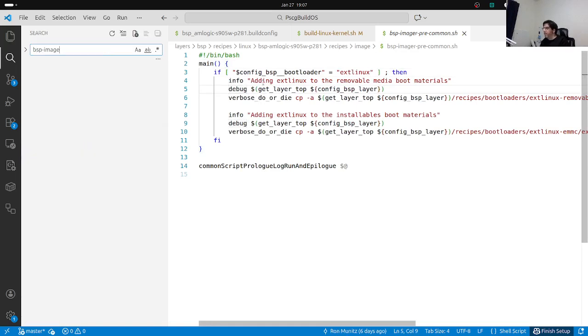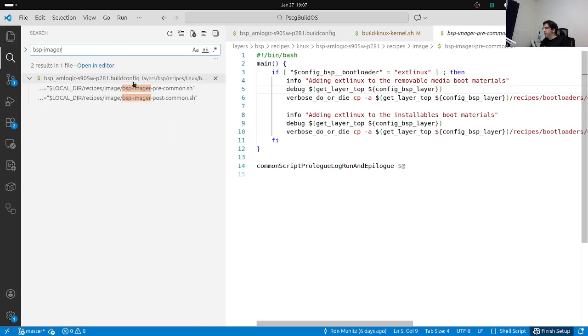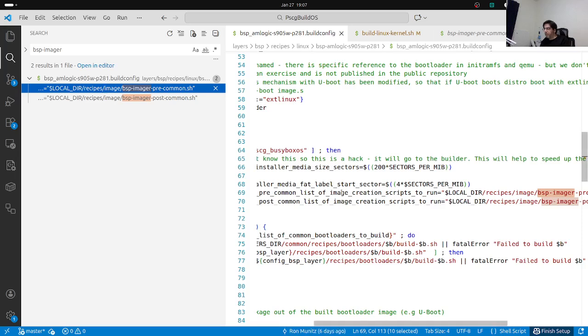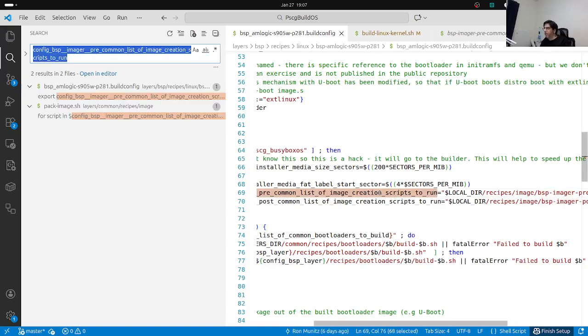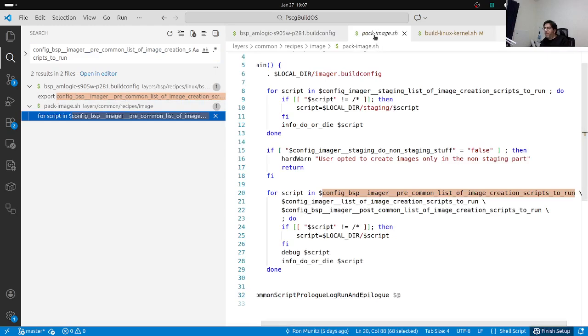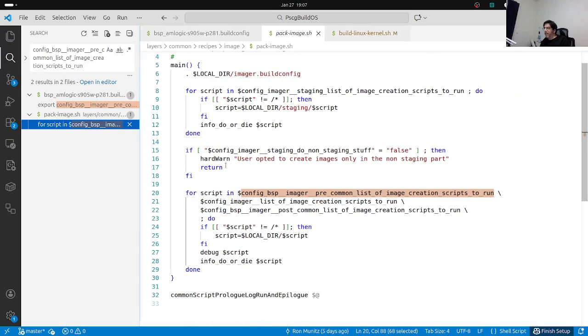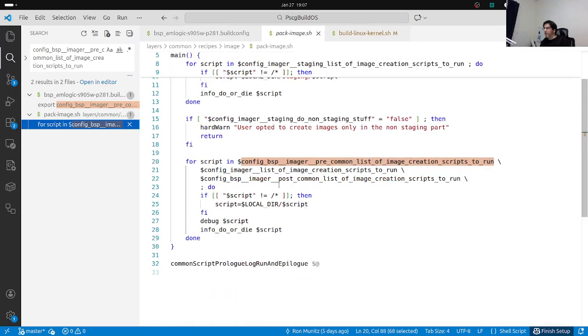So BSP imager. We have this nice script, the pre and the post. So let's look at them. When we pack the images, this is in the common, then we're going to run